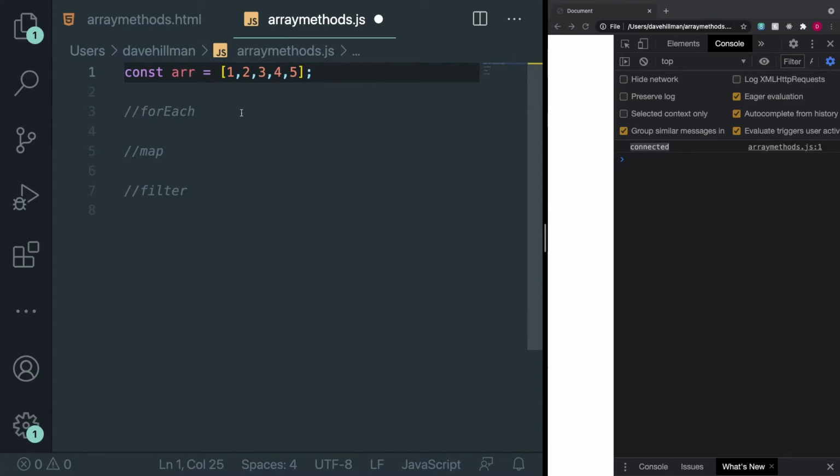Now, how do we use forEach and what do we use it for? So the forEach method will run a function that we give it on each individual item, and it will return whatever value we tell it to return from that function. So simply,